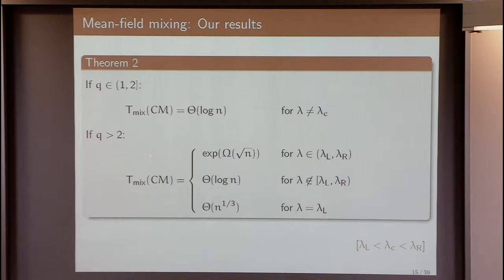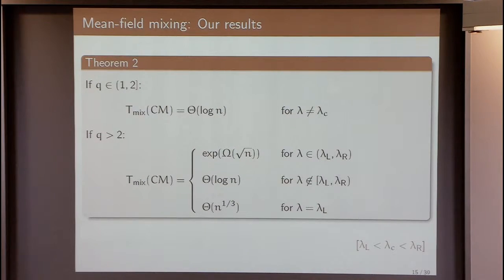Now, when Q is greater than 2, the behavior is more interesting. We show that there is a regime around the critical point where the dynamics is essentially exponentially slow. And as soon as lambda is not in that window, then the mixing times become very fast. It's actually ζ log n. And there is also this interesting behavior in one of the boundary points where we have a power law for